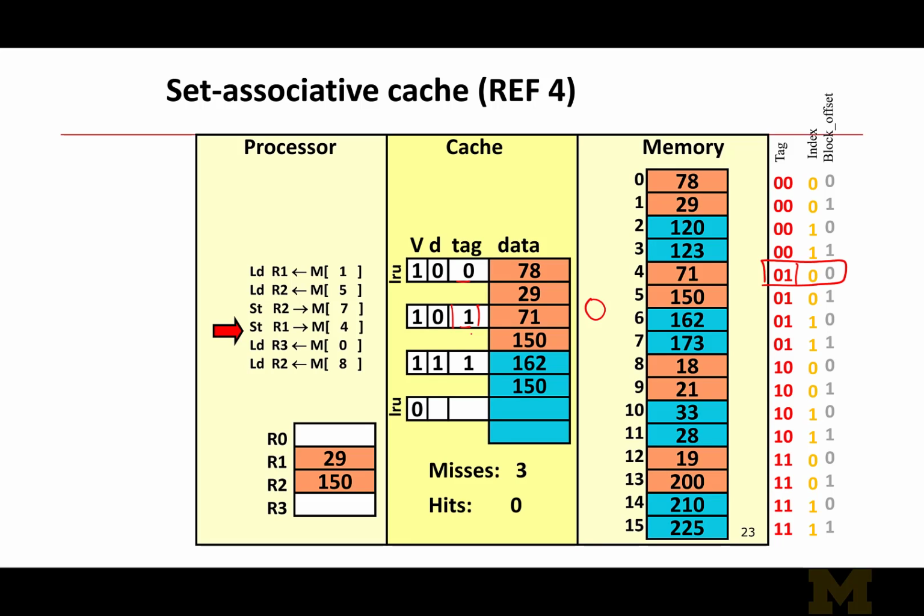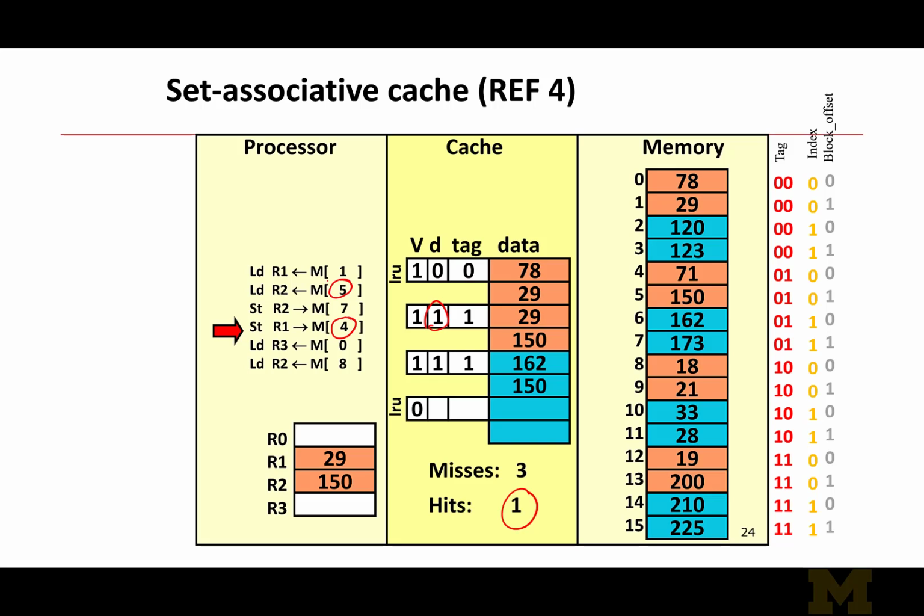I just need to modify it, and when I do the modification, I would change the dirty bit, because previously I had just loaded it, but now I have stored to this block, and therefore I need to modify the valid bit. So we have had our first hit so far, and recollect why we had a hit to this address. We have never accessed this particular address before, but still it turned out to be a hit, and the reason for that